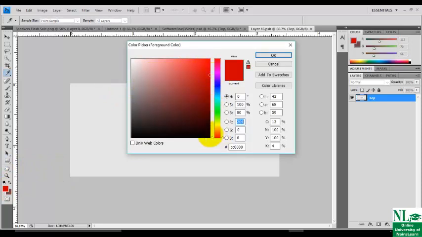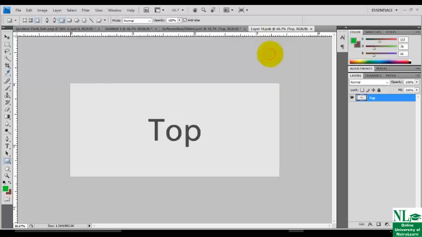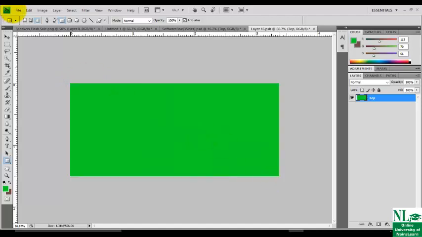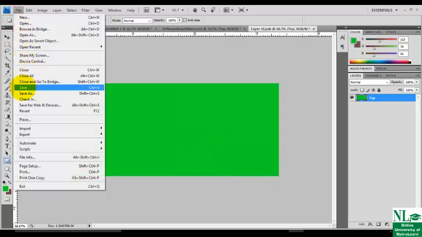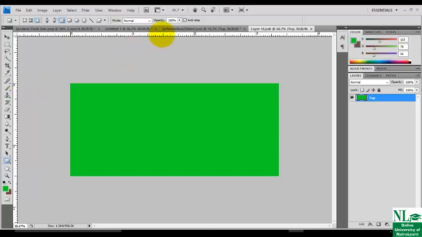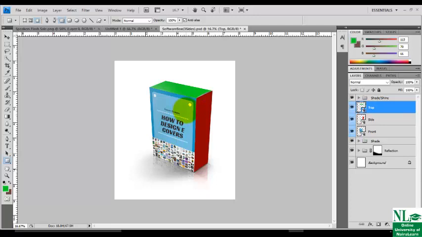Okay, you can use text or graphic. You can use anything to do what? To fill up any of the positions you want. Then pick your rectangular tool, then drag to fill it up. We are good to go. Go to file, click on save. You can delete this. Wow, we are good to go.